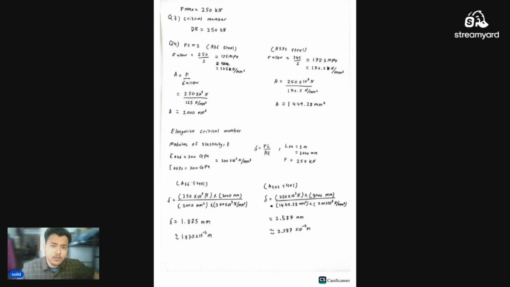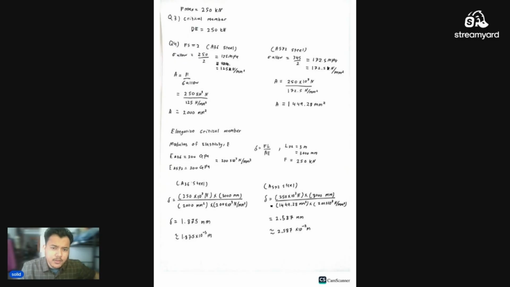Alright, the last one, question 3, we have to find the critical member. So from the table above, we get Fmax equal to 250 kilonewton. So the critical member will be the thrust on DE, equal to 250 kilonewton. And then we have to find